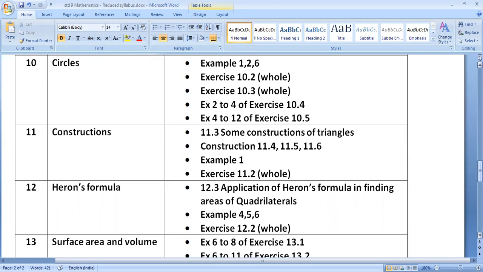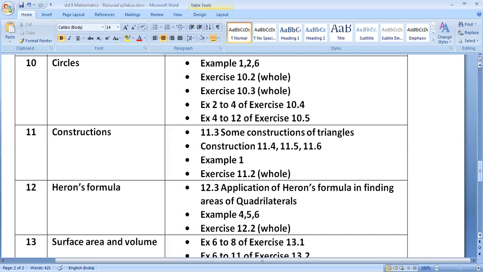I have already shown how to draw the angle bisector on my channel. You will learn what I have done in the construction. If you do it along with me, you can solve this construction easily and get 4 marks along with the steps of construction. Page number 190, construction 11.2, to construct the perpendicular bisector of a given line segment. This is the most important construction you have to prepare.